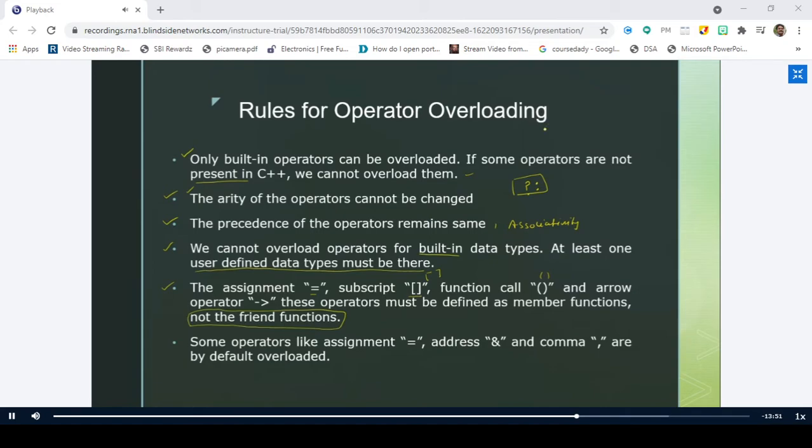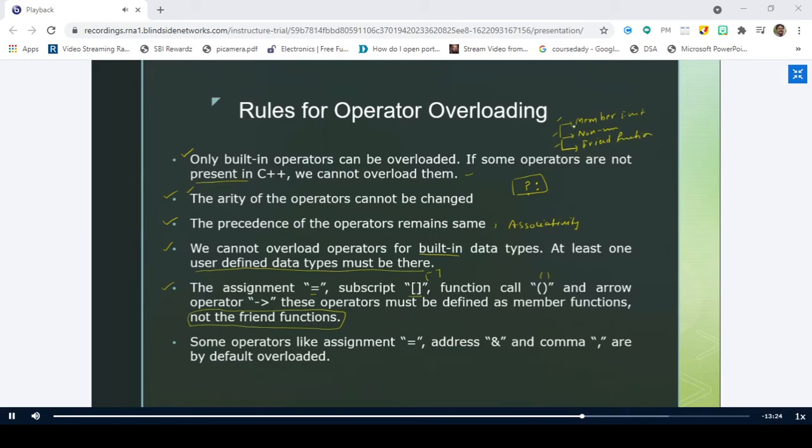What are the various ways of defining the operator function? Super. You can define it as the member function, or as the non-member function, or as the friend function. These are the three ways.